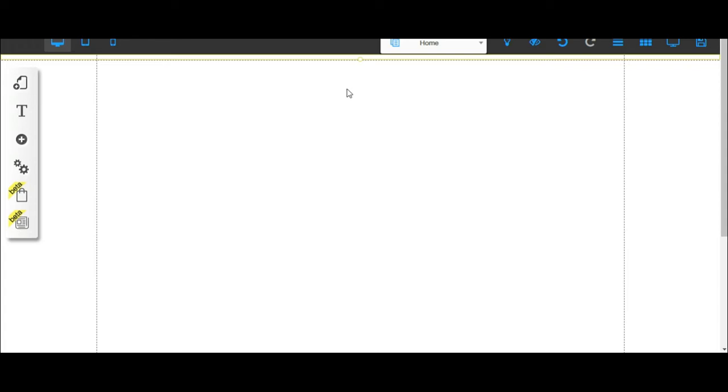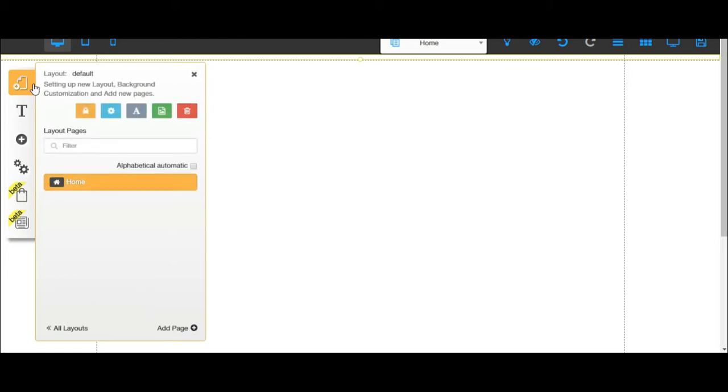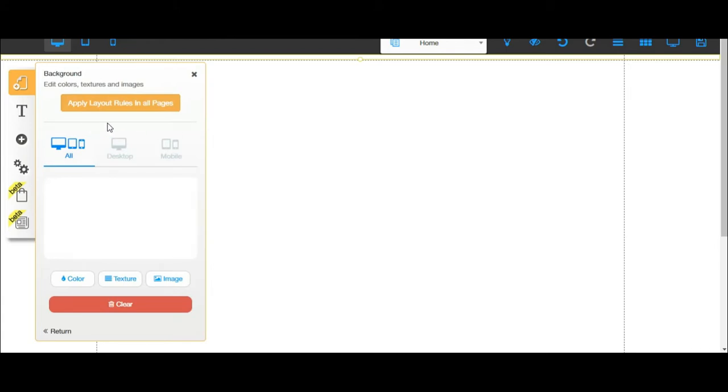So this on the left is our toolbar, and you'll see here that we have a number of different options. If we just go through these one by one, layouts here on Builderall, when we talk about layouts, it's sort of like a theme. If we click on this, we'll see that we've got lots of different options here for this theme. And one of them, this little green icon here, is how we change the background. So if I go here, change the color,